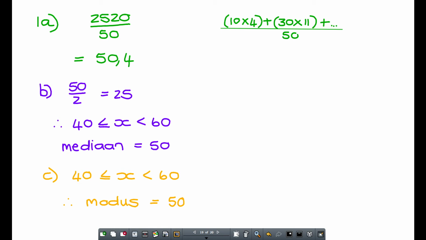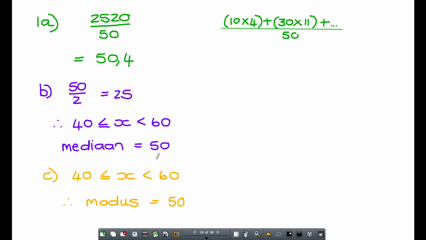So now we go look at those classes. If I were to add them up, 4 plus 11, I'm now adding up the frequencies, right? Gaan vir gee 15. So dis nie in klas 1 nie en ook nie in klas 2 nie. Okay, nou gaan ons na klas 3 toe. Ons het klaar 15 sover, as ek nou 20 bysit, dan sit ek met 35. So die mediaan gaan definitief in daai klas val. Okay, so it would be in the class interval of 40 up until 60, but that is the class interval where the median would be. My mediaan is dan die middel van daai klas, and what would be the midpoint of this class interval? 50. Is julle reg daar?